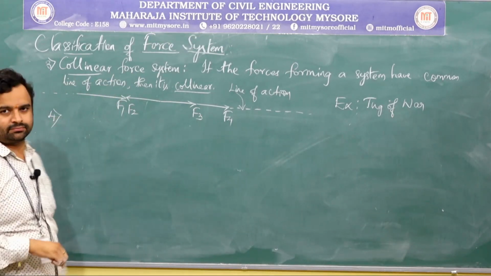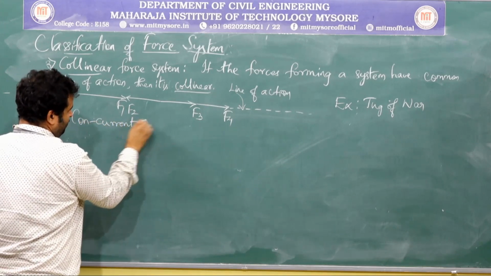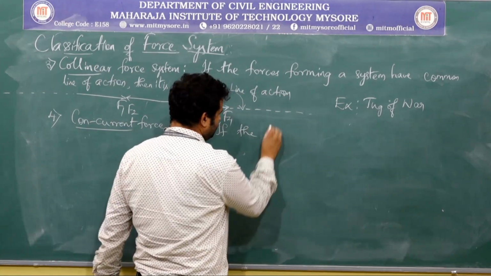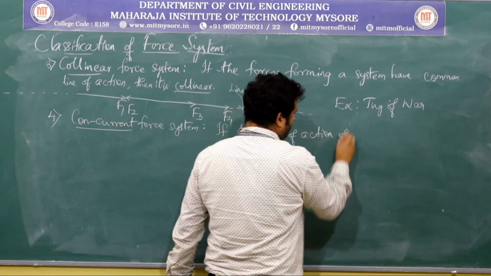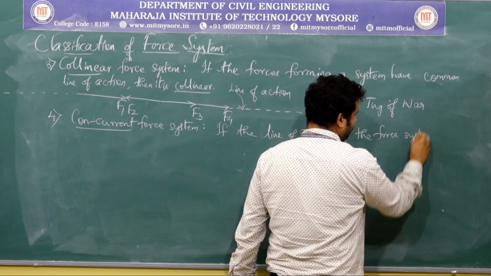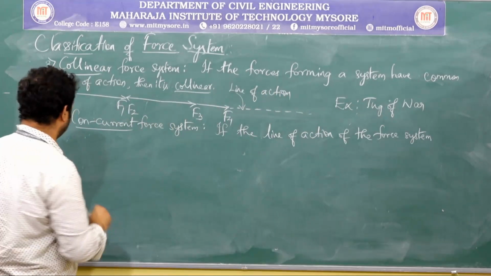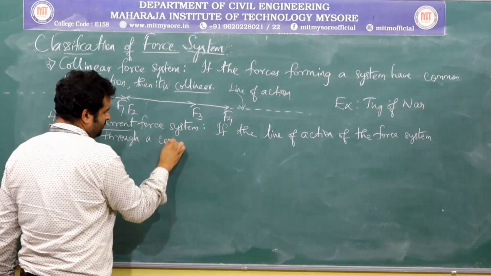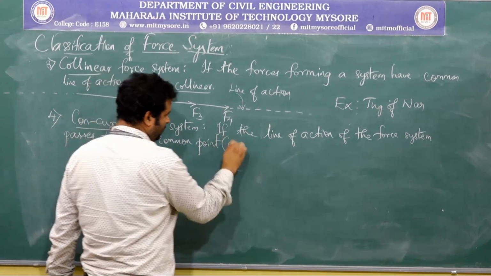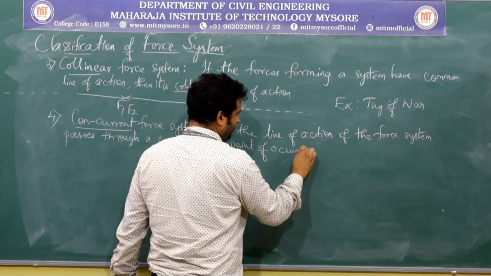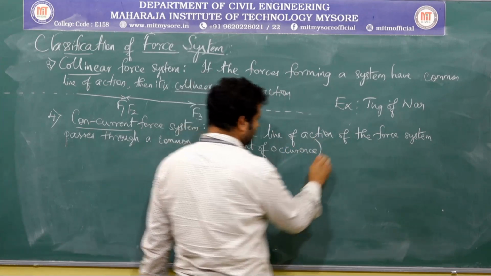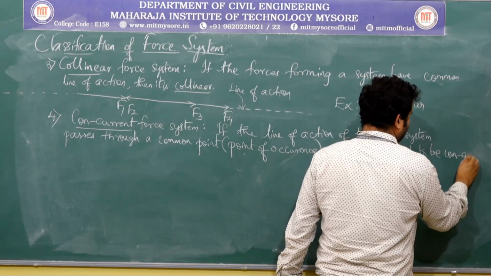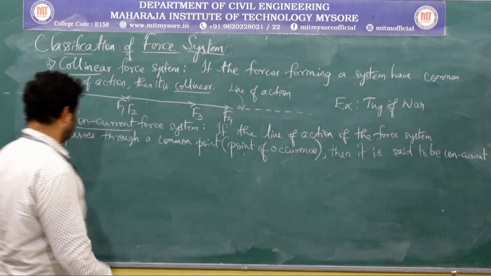Next force system, concurrent force system. So, what do you mean by concurrent force system? If the line of action of the force system passes through a common point or the point of occurrence, then it is said to be concurrent force system. So, if I write the example,